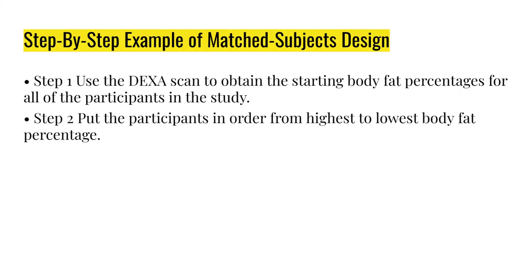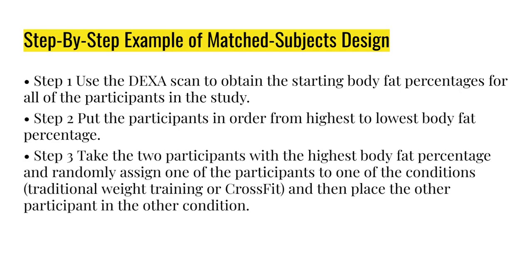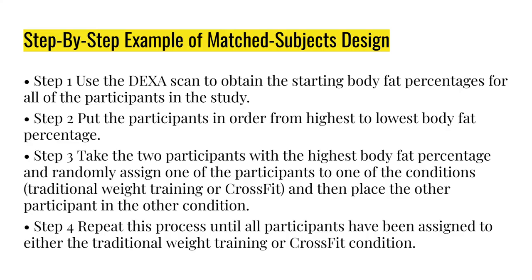So we'd literally put them in order. Step three, we'd take the two participants with the highest body fat percentage and randomly assign one of the participants to one of the conditions, let's say traditional weight training, and then the other one would go to the CrossFit. So we'd randomly assign one participant to one of the conditions and then place the other one in the opposite condition. Step four, we'd repeat this process until all participants had been assigned either to the traditional weight training or